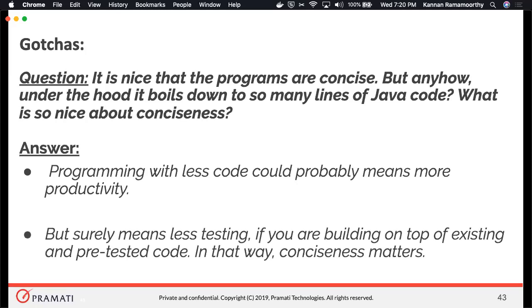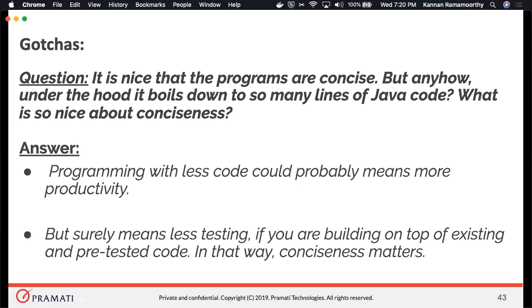But surely it means less testing. For example, if you have some functionality which you are able to write in 100 lines of code in Java, and you are able to achieve the same functionality in 10 lines of code, that surely means you have to do less testing for 10 lines of code compared to 100 lines.